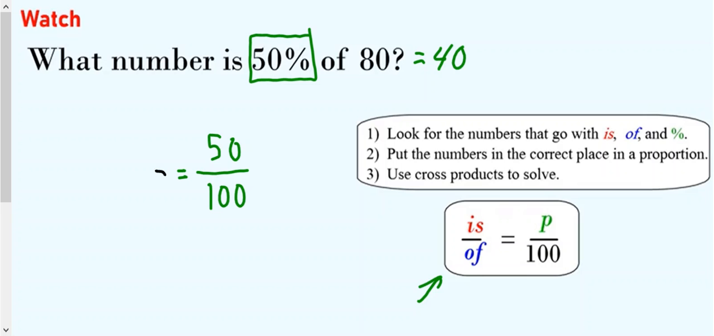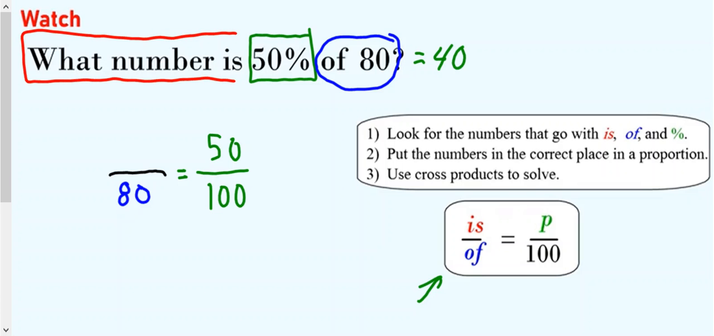And then we have on the left side is and of. So our of is connected with the 80. Okay, so that's going to be on the bottom here. And then what number is our unknown. So we can box this here. What number is going to be our variable A. Now if you wanted to use X, you could use X, but I'm going to use A. So now we have